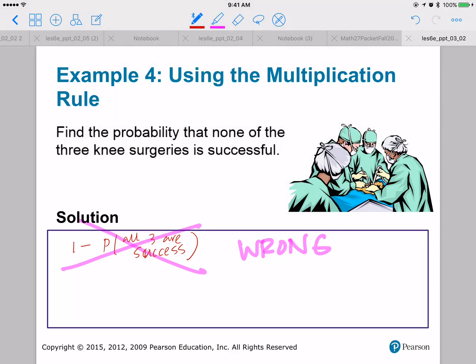Because the complement of all 3 are successful is not all 3 are successful. So that includes 2 are successful. That includes 1 is successful. And that includes that none of them is successful. So if we want to calculate the probability that none of the 3 surgeries is successful, we need to say, let's do this in black. So the probability that none is successful